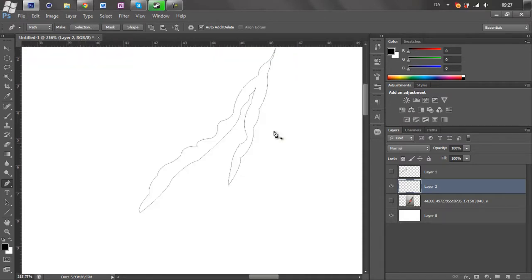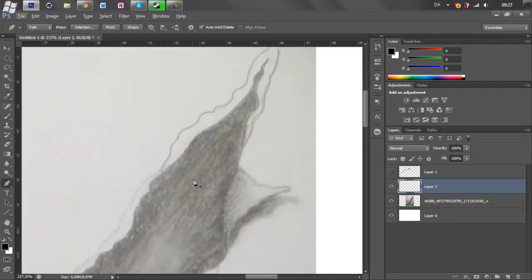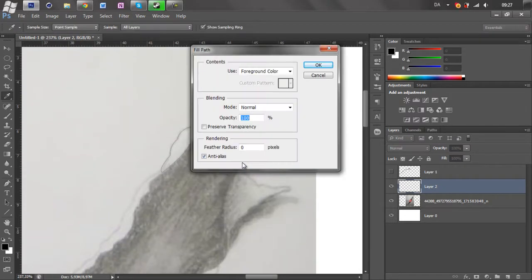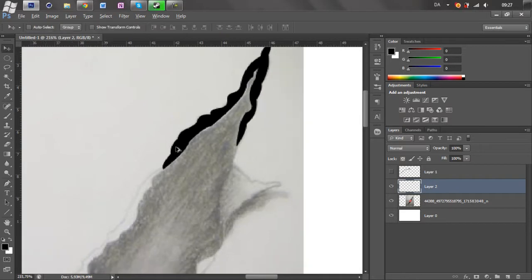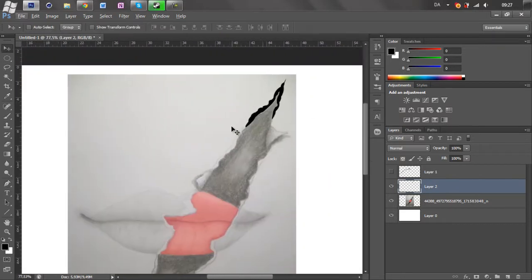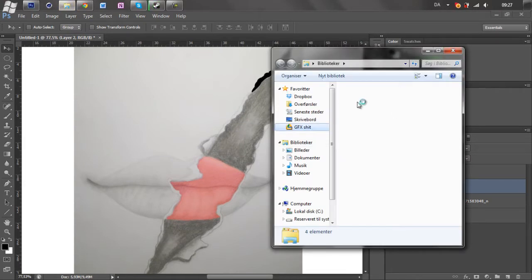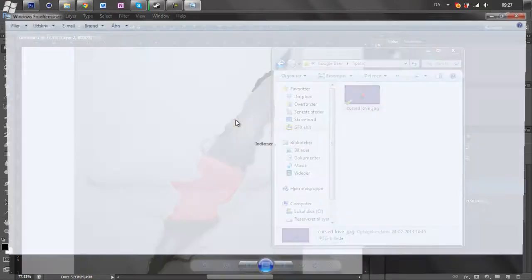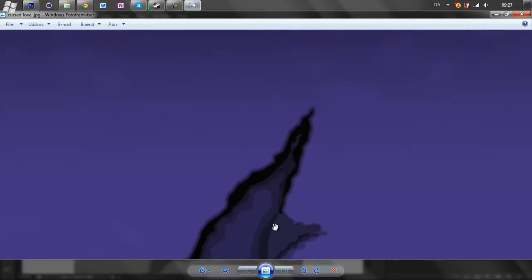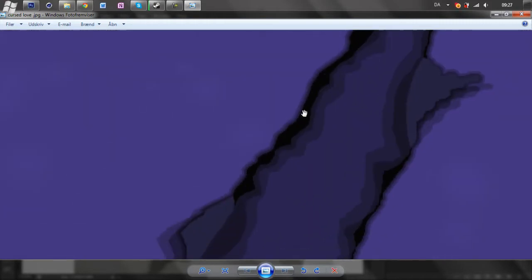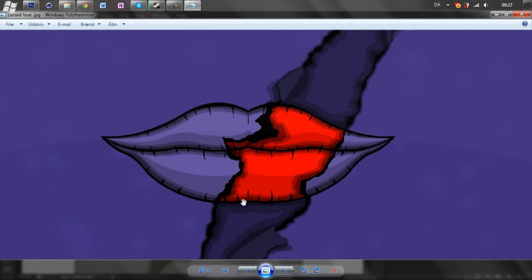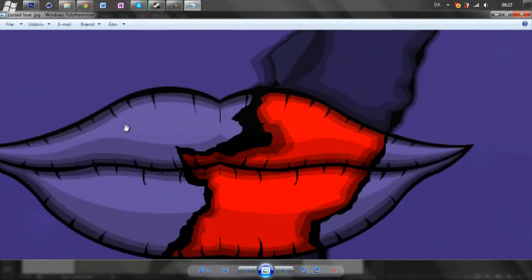So yeah, now I have drawn this, and I just want it to be black, so I just fill it like this. And then I have drawn my first. And if you look at the final piece, you can see that everything is like different pieces, I think you can call it. See, I have drawn this here the whole way down, and I didn't use any brush or anything.